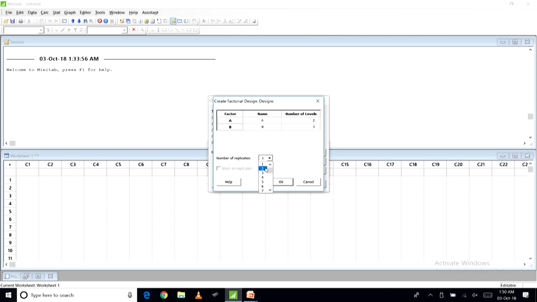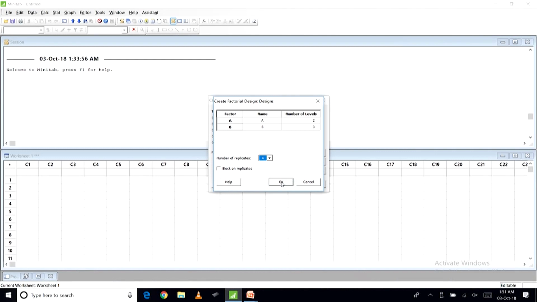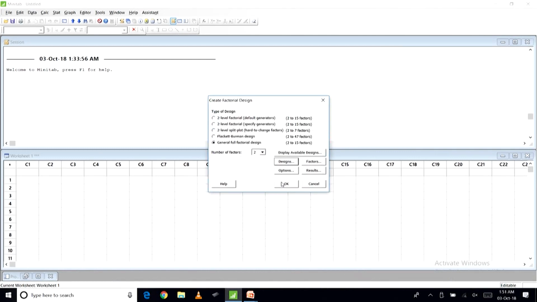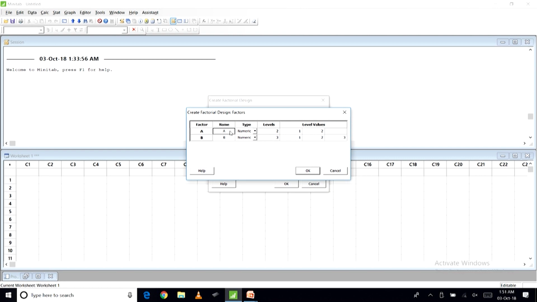So, we have got 4 replicates, right. As I said, we are taking observations for 4 continuous days, right. So, number of replicates 4, click OK, then go to factors. So, you can name them,